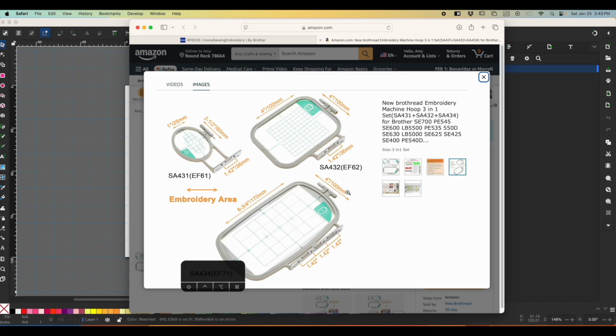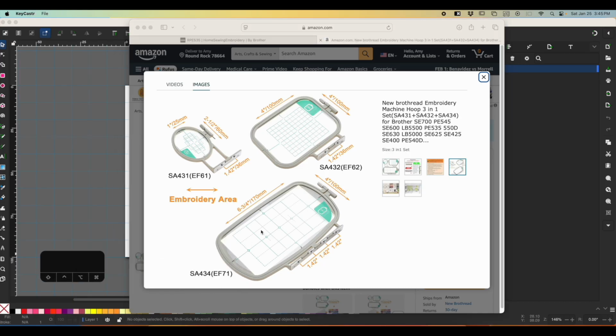And I learned about these hoop extenders that you can get, and you can see here that it has these little connectors that are on just a regular 4x4 hoop, and you can pick it up and move it, and it's nice because you just have to have one hooping